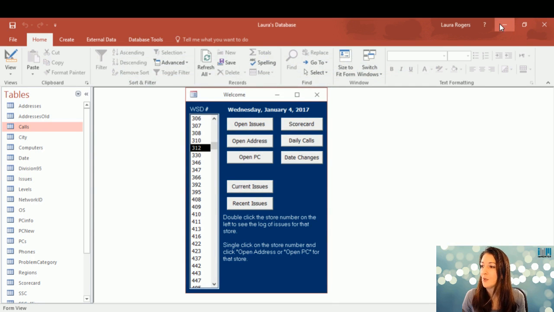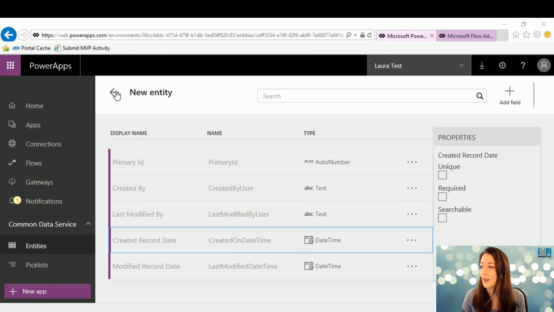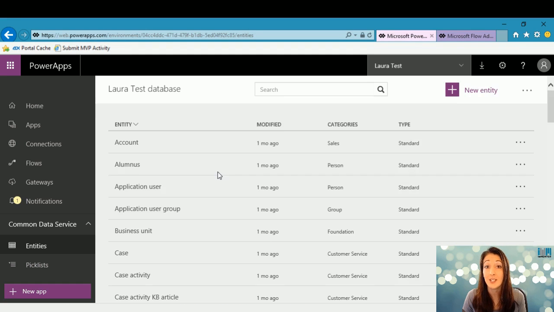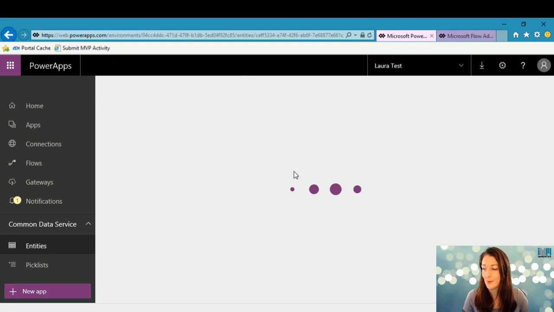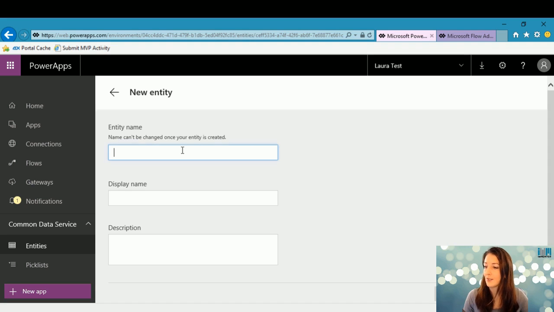Then I was like, well, I'll just go over here and hit import. Well, you have to have an entity to import it to. You can't just import it to Common Data Service and expect it to create one. So you have to create the entity ahead of time, unfortunately. So I'll just do another one real quick. I'll just call it